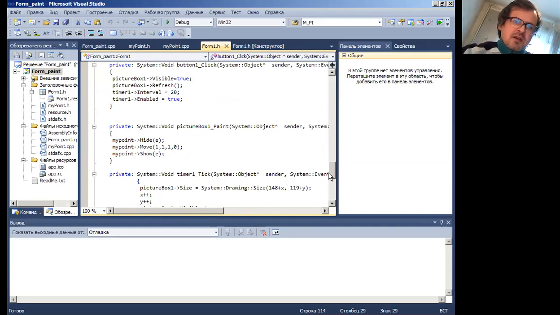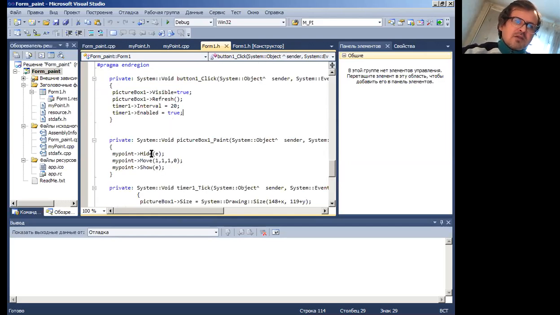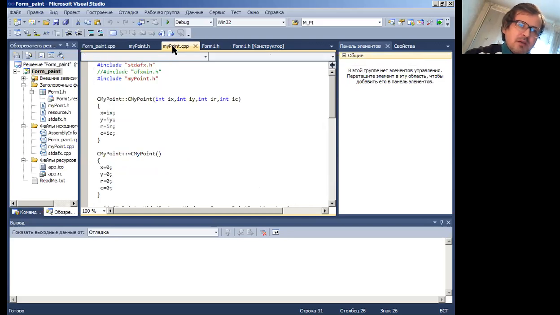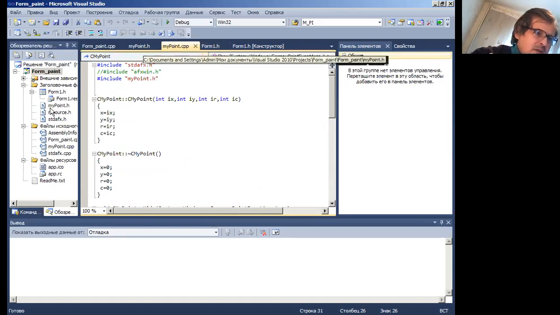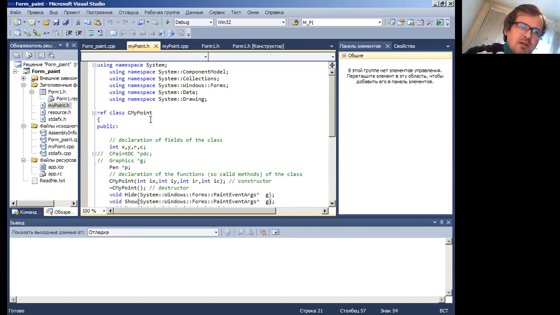So each 20 milliseconds we have the increment of x and increment of y. Okay, so I include in this project my point CPP file and my point H. It is better to open the class SemiPoint. I include it, but it is necessary to give this class the possibility to use the .NET Framework